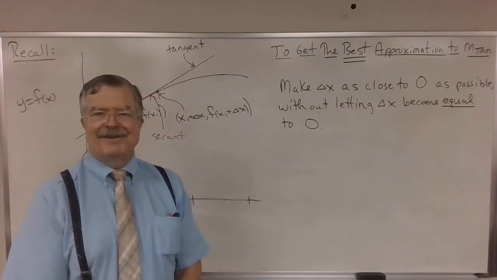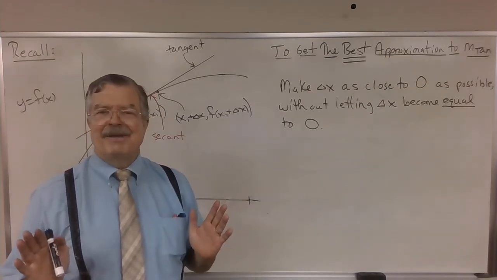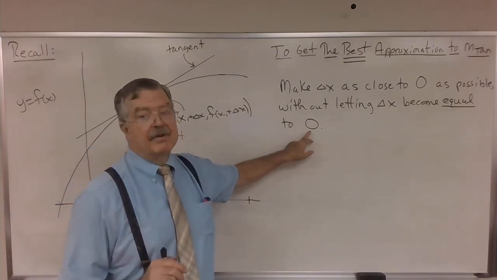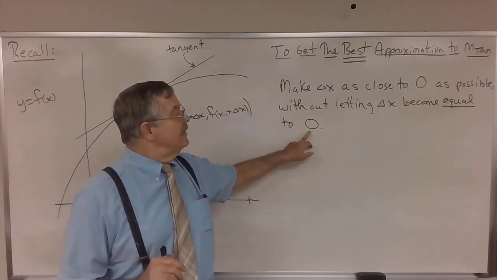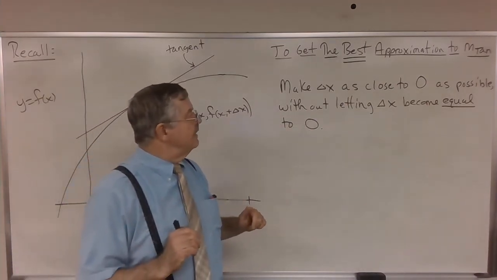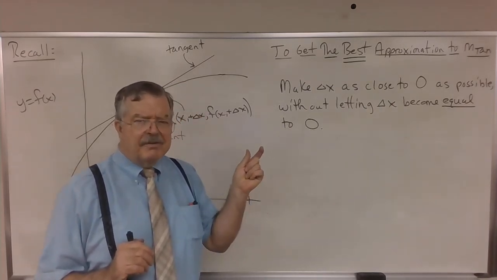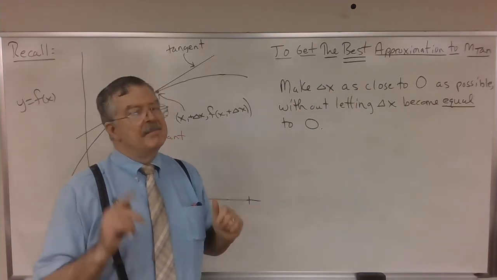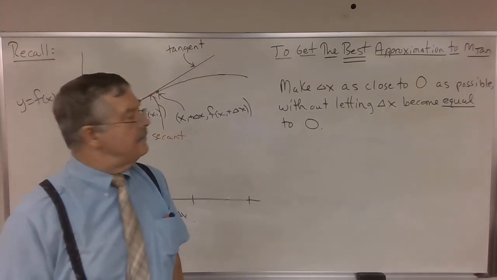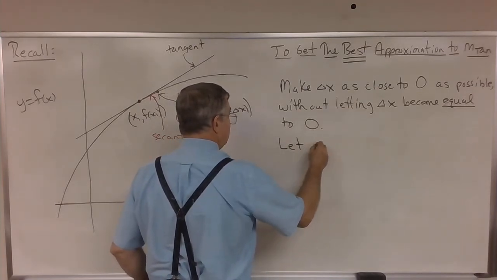What process are we describing here? Aren't we describing the process of computing a limit? The limit as delta x approaches 0. If we let delta x approach 0, or if we compute the limit as delta x approaches 0, doesn't that mean that we can make delta x as close to 0 as we want, but at the same time delta x never actually becomes equal to 0? So this is what we want to do. Let delta x